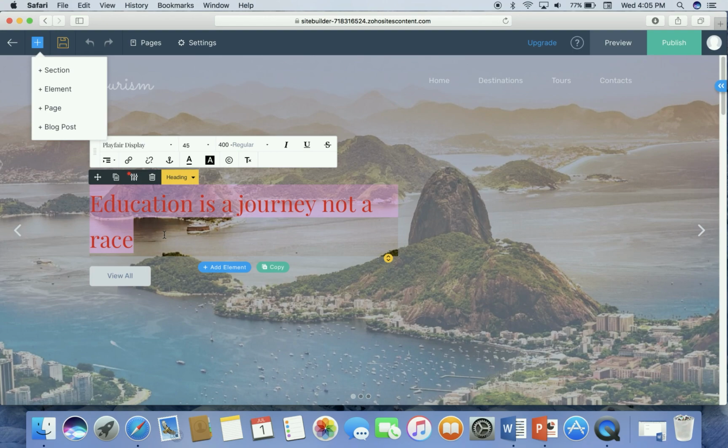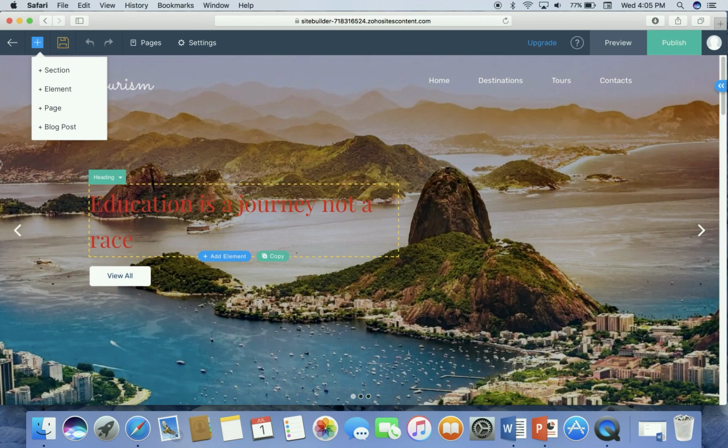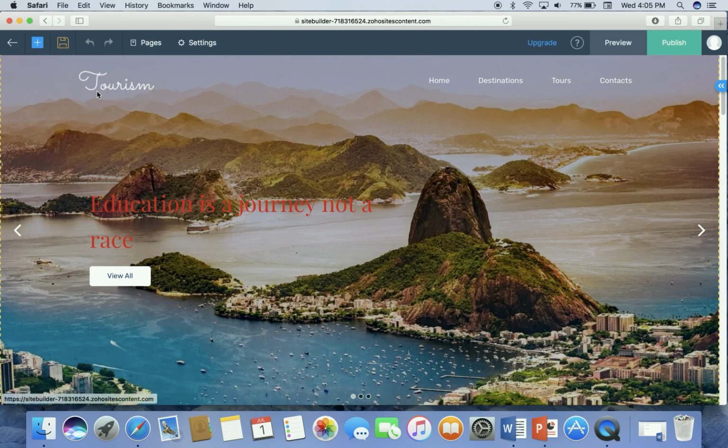Zoho is a free, simplified, and visually appealing website builder tool. It allows you to make a professional and detailed website in literally a few minutes. No need of knowing HTML or any other coding language. Use only the drag and drop tool and editing of text, pages, pictures, headings. Like see the drag and drop tool, you can edit your website. We will continue this, inshallah, in the next class, in the next week.